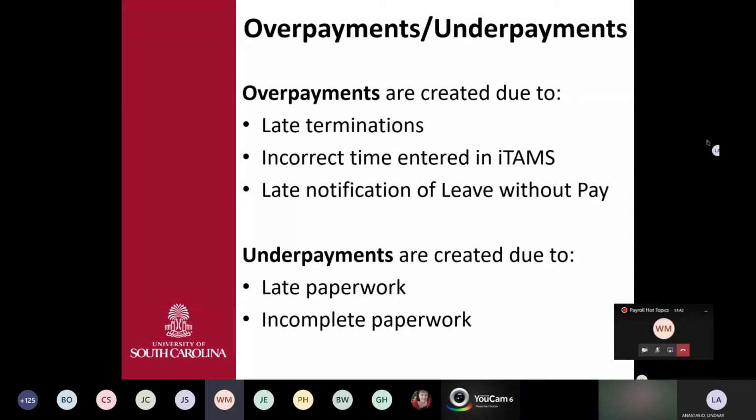For that 4/30 pay period, for instance, we confirmed on 4/27. Because we confirmed that payroll on 4/27, if you terminated anybody after that, he's going to get that 4/30 paycheck. So you have to be conscious of the actual pay date and when that employee is going to be paid, so that your paperwork gets put in on time.